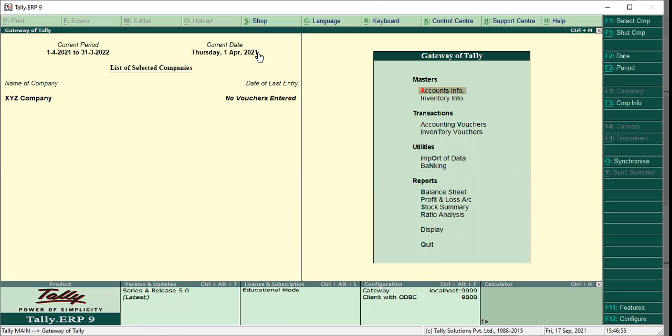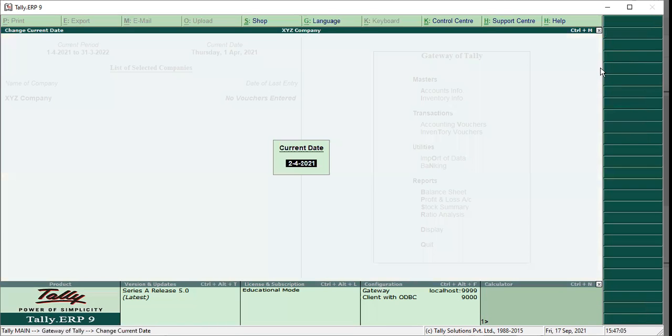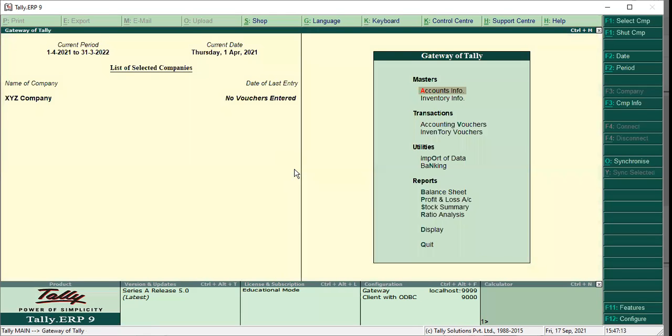Of course, this is not the correct date, but I'm just mentioning it here. If you want to change the date, just press F2. There is no underline on Date. I just press Escape.